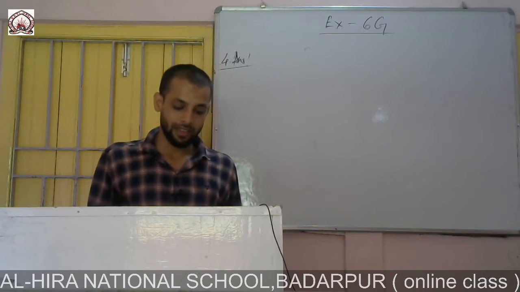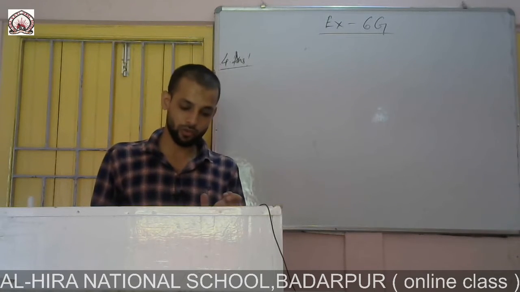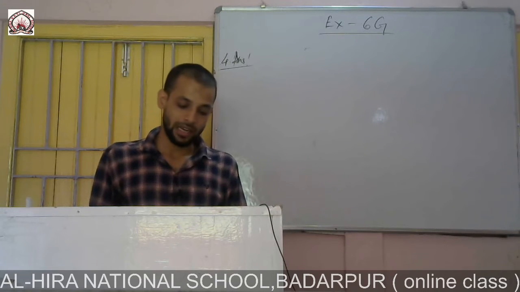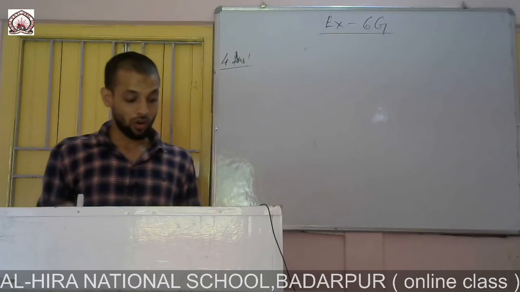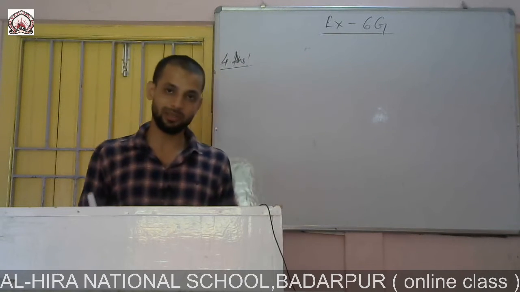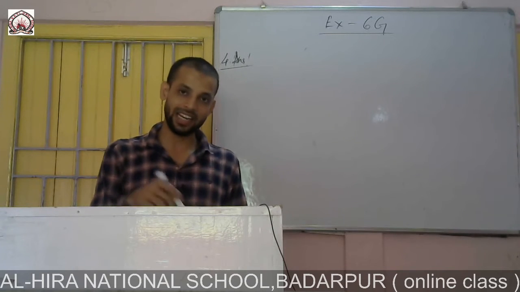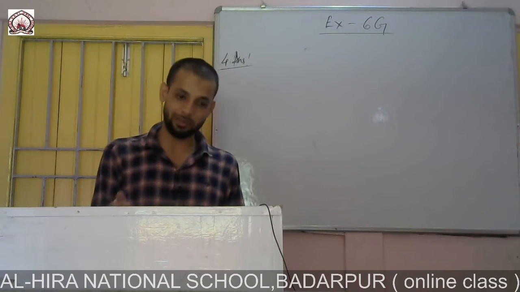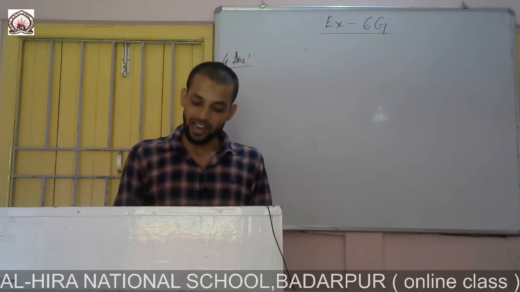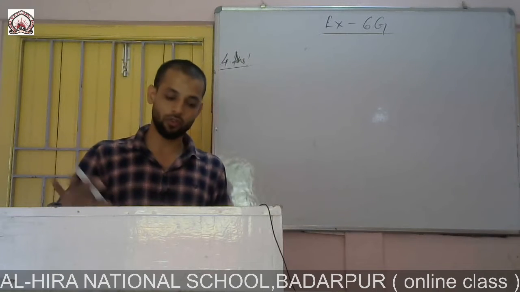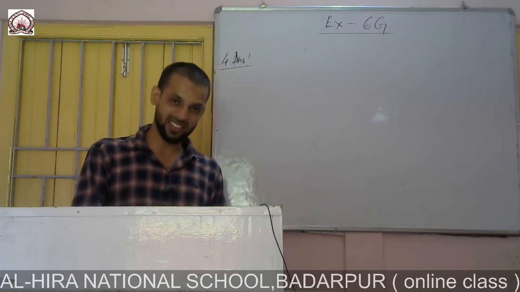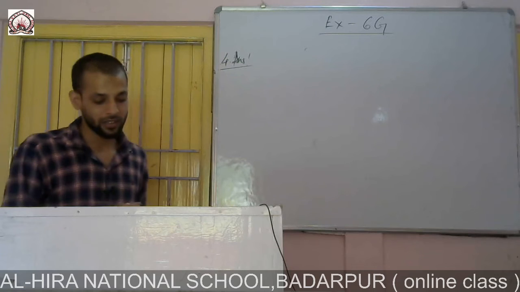On 1st May, there were 1275 tourists in Mumbai. So the total number of tourists was 1275. On 2nd May, 983 more tourists came in. That means 1275 plus 983. And 1163 left for Goa. On the same day, 1163 tourists left for Goa. That means 1275 plus 983 minus 1163.